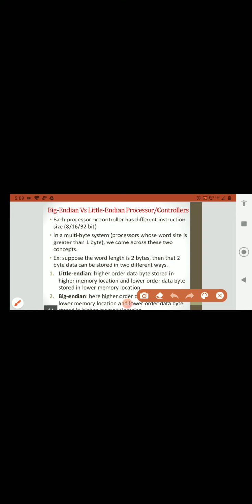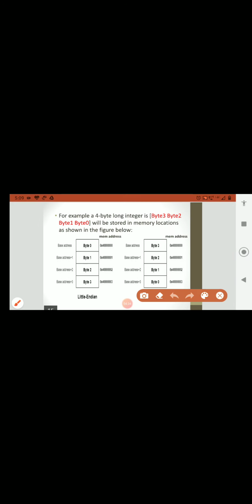For example, for a 4 byte long integer, byte 3, byte 2, byte 1, byte 0. If you consider byte 3 as A0, then A1, B1, C1.